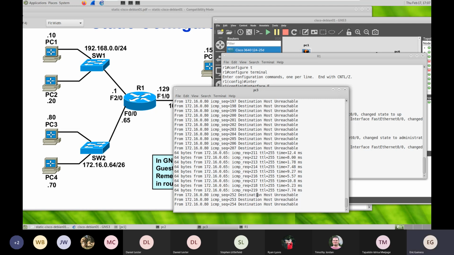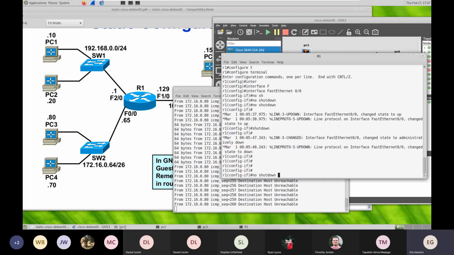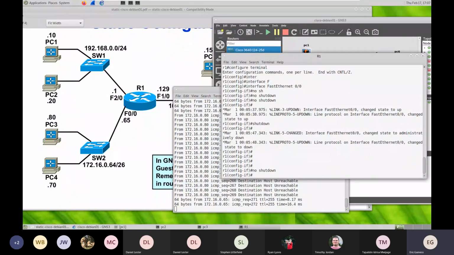Okay, now it's showing destination host unreachable. So it will keep showing that until I enable the interface. To enable the interface, no shutdown. As soon as I hit enter, the ping will start. So 1, 2, 3. As you can see, the ping is working again. Okay, now,